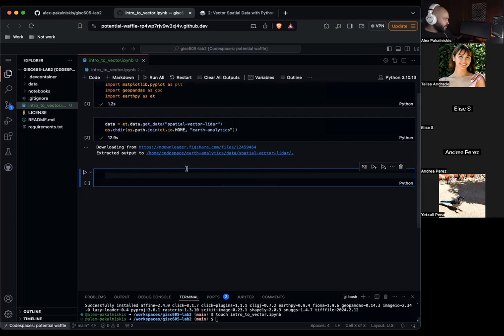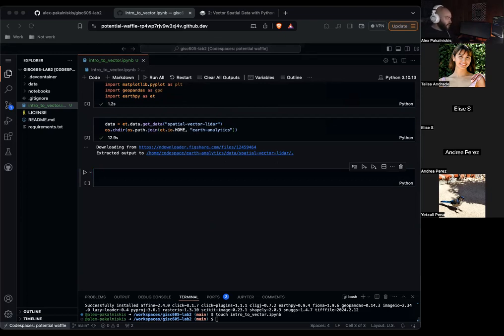Cool. Now let's read in that data with GeoPandas. We're going to be looking at the San Joaquin field site. This is part of the NEON observation network. I realize the link is broken in the lab, so I'm trying to Google.